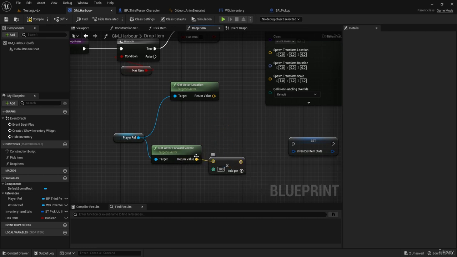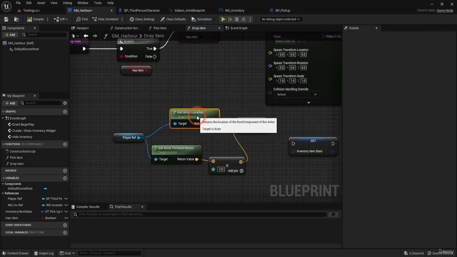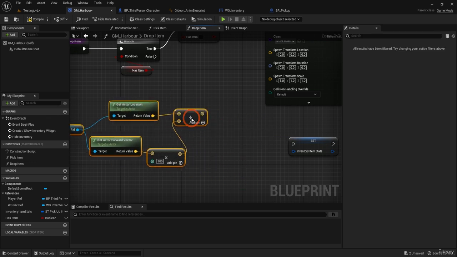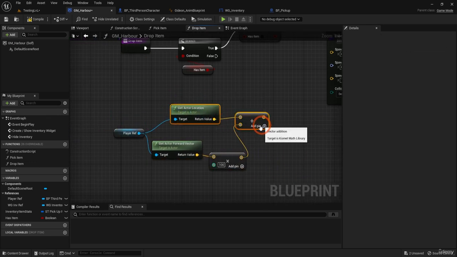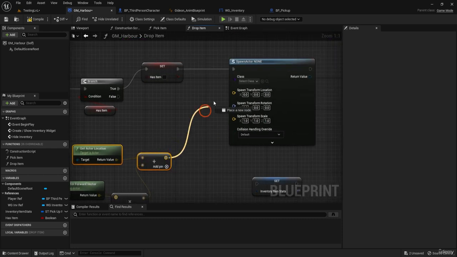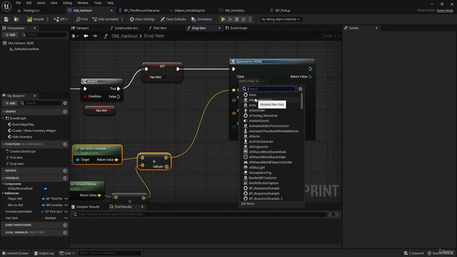And this value, okay, forward direction and 100 range to that, but where? So to say where, we're gonna add the current location of the actor. So basically what we're saying is in this point of the world, towards this direction, 100 units, spawn our pickup